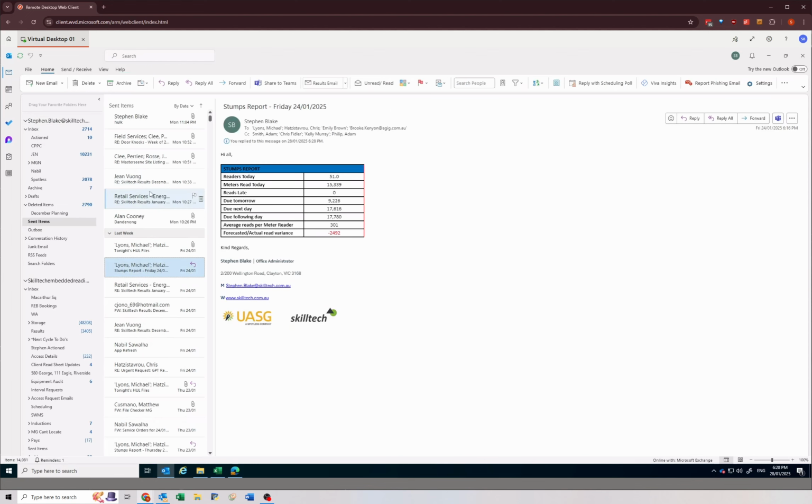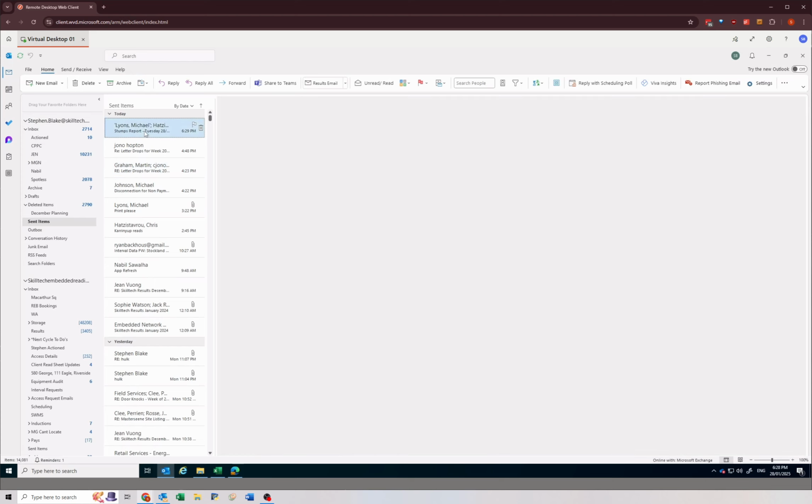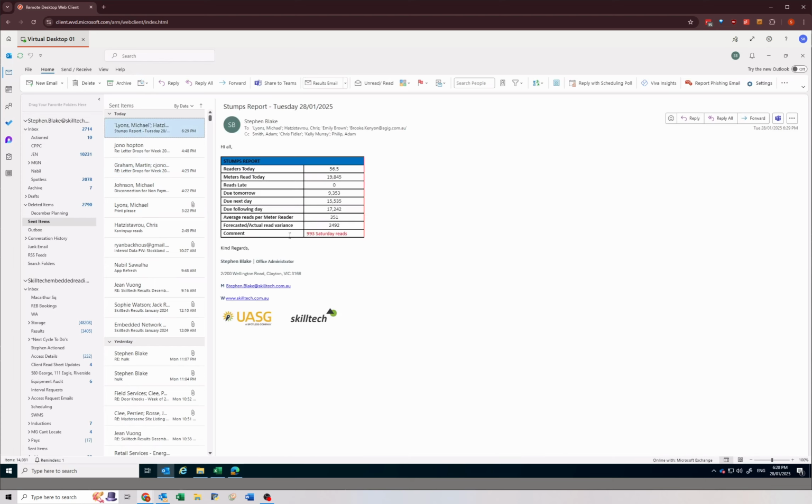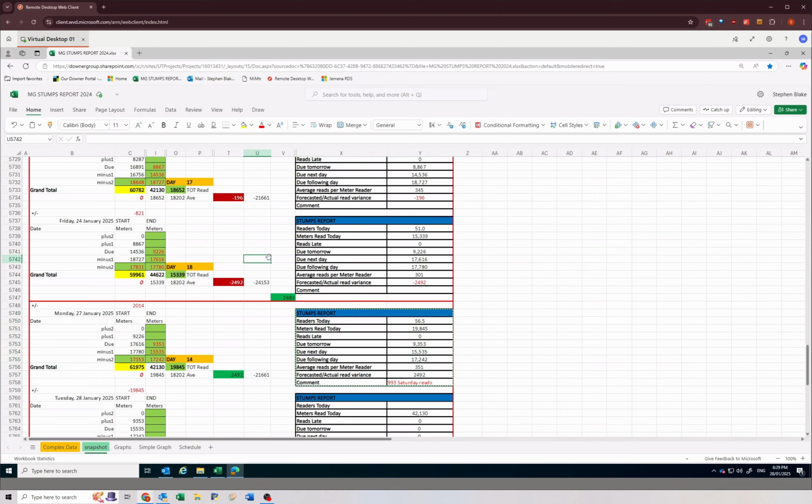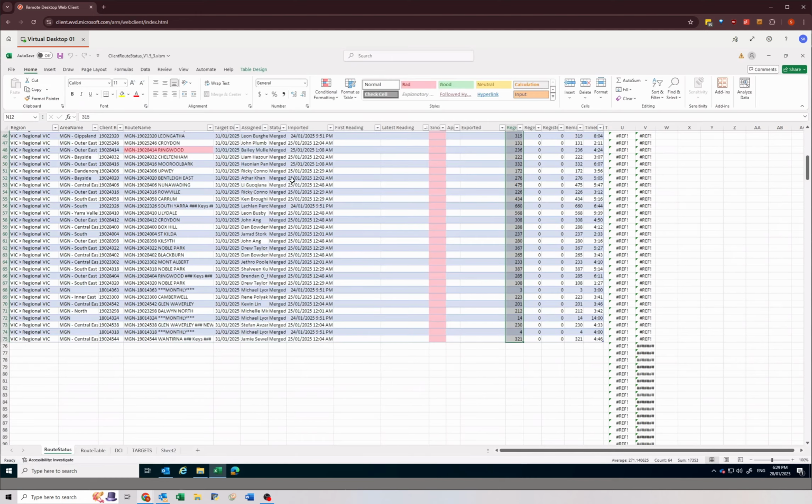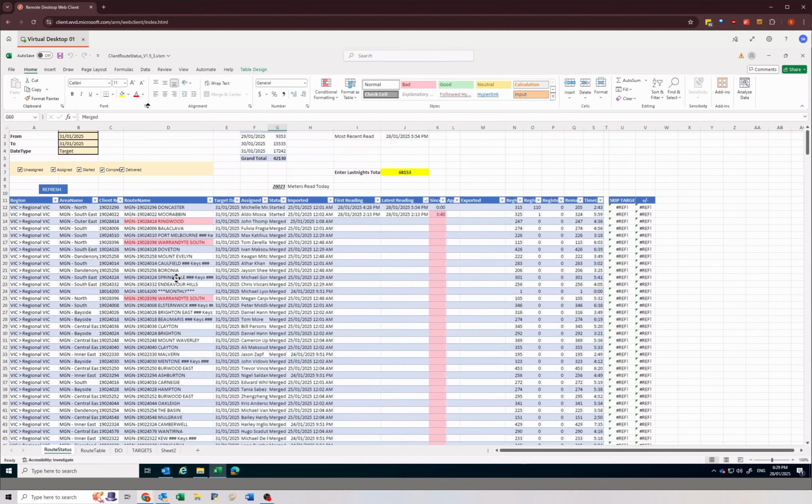All right, and that should be, if I go to my most recent sent one, there it is. Boom, boom, sent. Cool, so that's the Stumps report. Escape, and I can close this now. That will save on its own. This one,